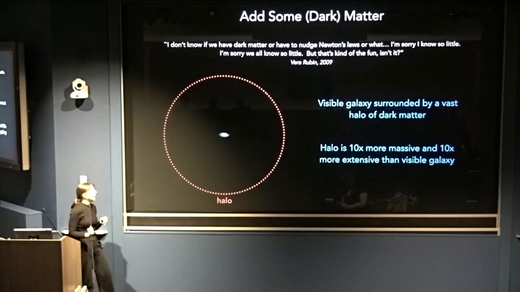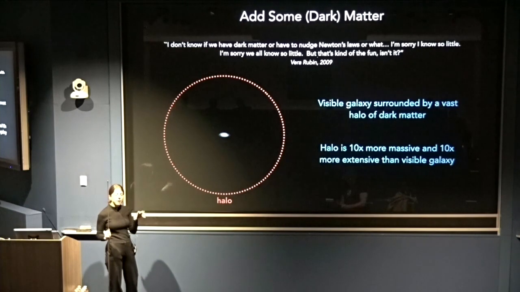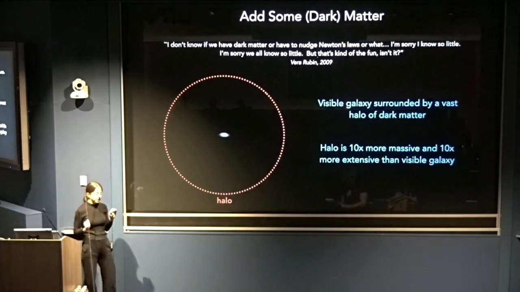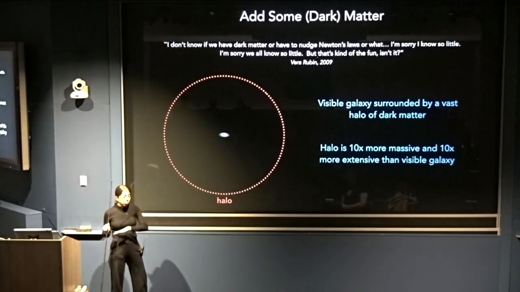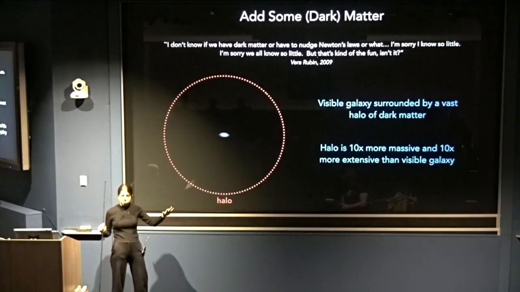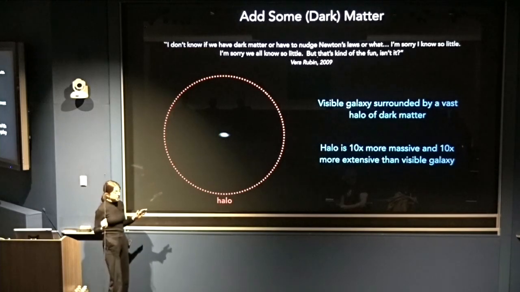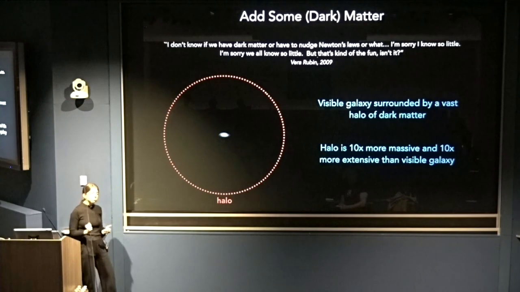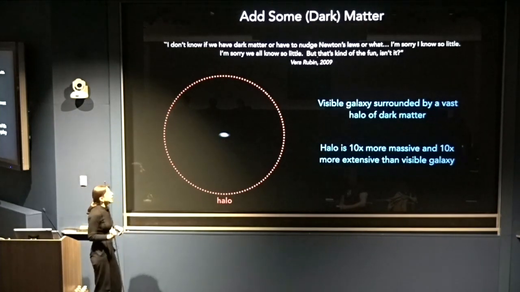The first scenario, where we say we need to go back and revise Newton's laws, so far has not actually led to a consistent model that works over all cosmological time. So that doesn't mean that may not end up being the solution at the end of the day, but at the moment, the evidence is pointing to this hypothesis that we're not seeing all of the matter that's there. And I hope to show you some of that evidence as well.